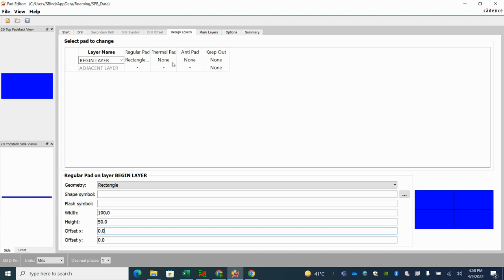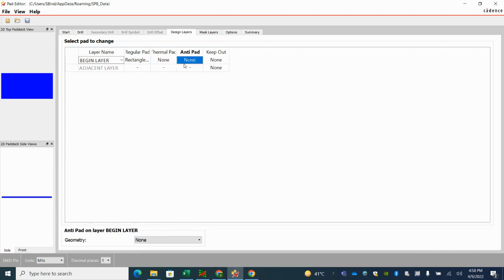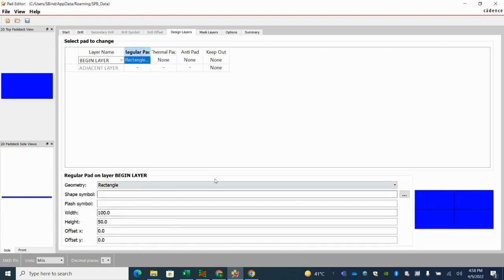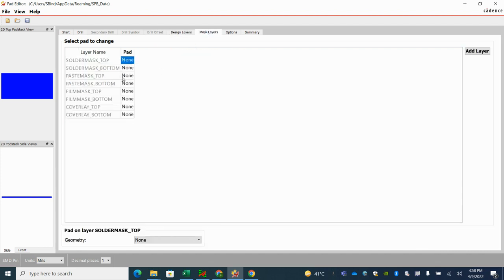Now we don't have anything to select for thermal, anti, and keep out. Thermal and anti are for through hole only, so we don't need to select anything else. Just go to mask layer. Here you have to select only one layer,